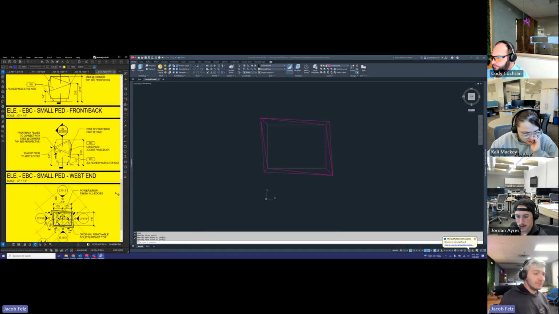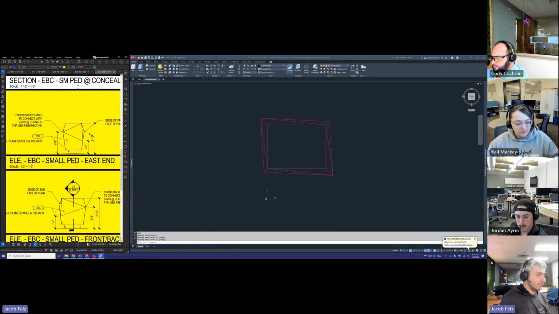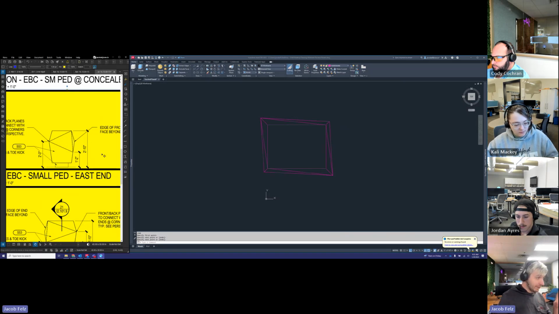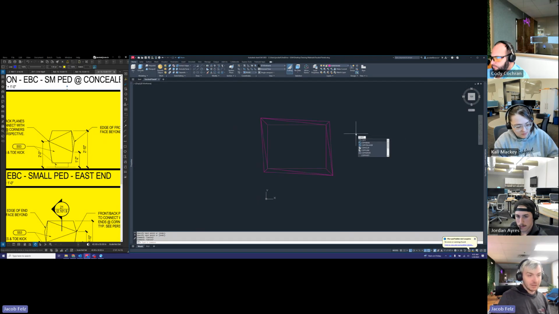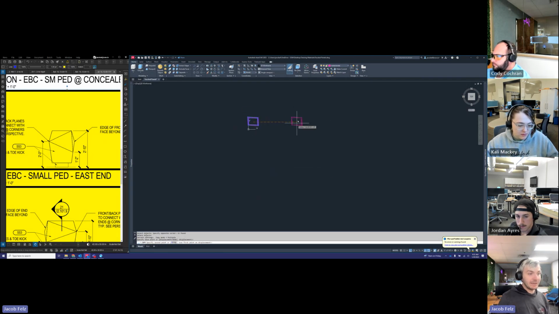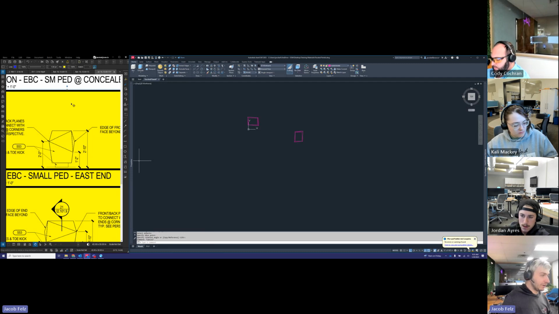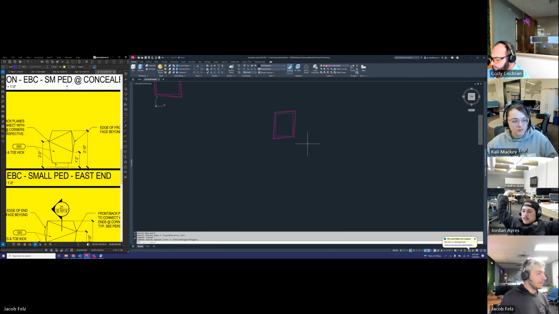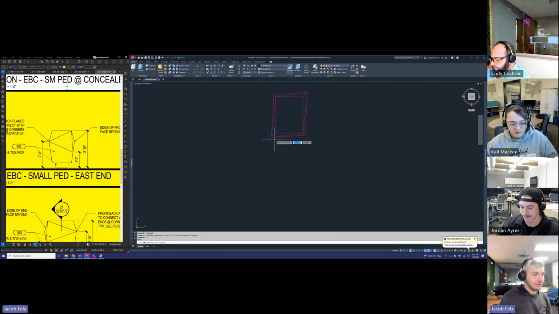So we're going to go on to one of our elevation views. I think we probably start here with the narrower side. So starting with that, what I would like to do is copy the plan view that we currently have drawn. We're going to slide it over here. We're going to rotate that around just like this so that it's facing the correct direction, because we're going to be wanting it to line up vertically with what we're working on below. All right. And then what I want to kind of do,